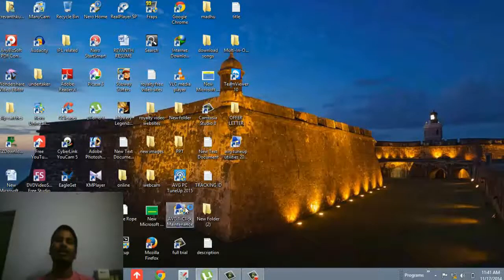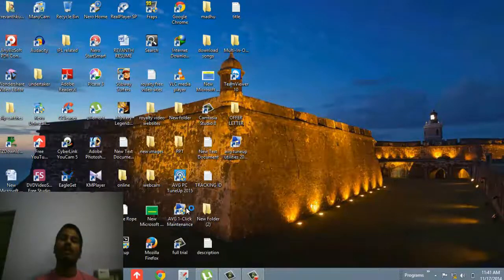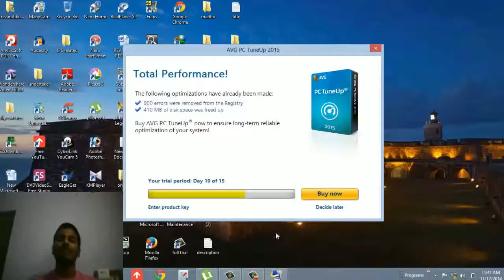The old shortcut will keep showing your trial period completing 10, 11, 12, 13, 14, 15, and so on. After the trial period is over, it will show your trial period is over, but you have nothing to do with this.